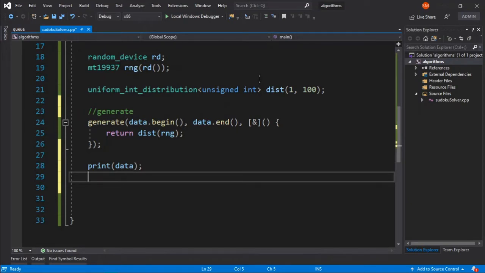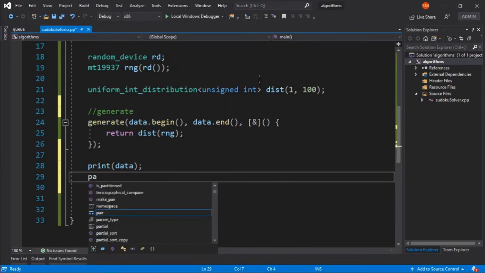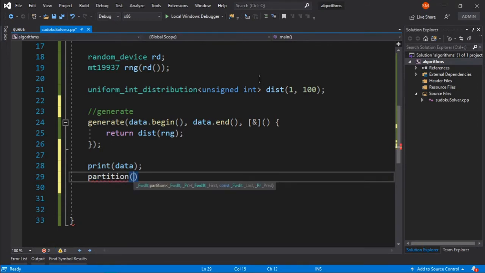groups. For that there exists a very popular function in the algorithms library called partition. This partition function is typically the same partition function that you use in quicksort. Even the STL algorithms sort function, which uses quicksort inside, uses this partition function. What it does is it takes a range, so we simply specify data.begin and data.end, and it partitions that data depending on a logic that you specify here.